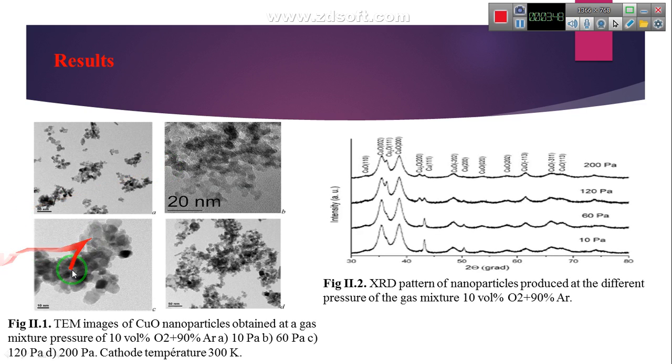Result. Figure 2.1 shows the high resolution transmission electron microscope image of the CuO nanoparticles. As shown by the result, the powder obtained consists of strongly agglomerated spherical particles. The size of the particles varies from 5 to 20 nanometers. The nanoparticles obtained are characterized by a high surface energy, since the synthesis of nanoparticles in plasma